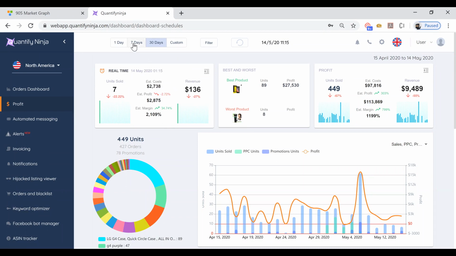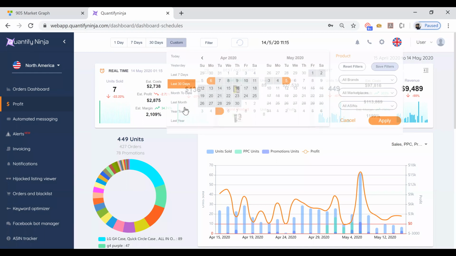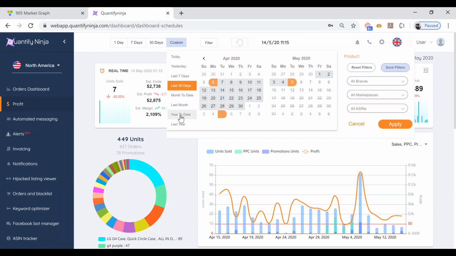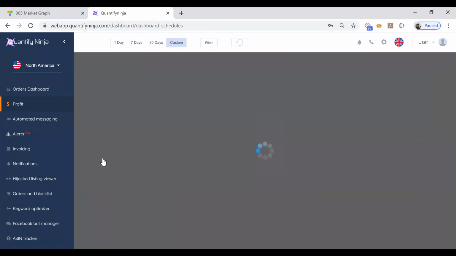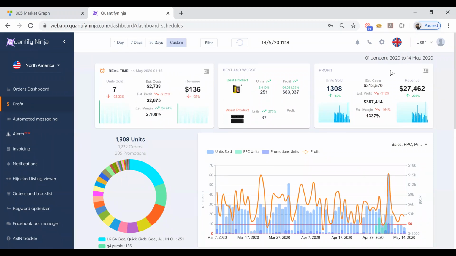Now let's say I want to see year to date. So let's apply. Then the real time will not change because it's real time, but on the right side you can see easily that I didn't add sales before March 3rd, and you can see very easily how well you performed along that period. By the way, you can even expand it and see specific dates. In each of the bars you can see how many products you sold and how many products you sold in the previous period. And of course, same goes for the revenue, same goes for the costs,